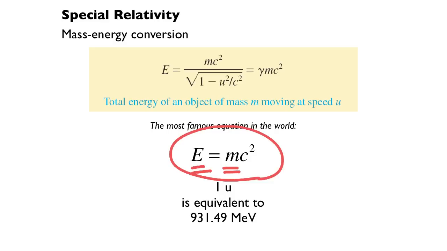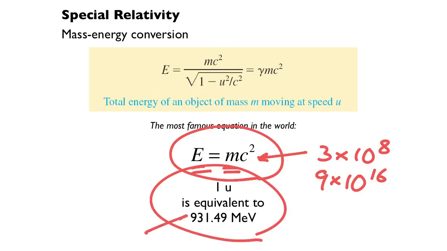Because the amount of mass that corresponds to energy, it's a lot of energy for a small amount of mass because you multiply it by c squared. And c is the speed of light, which is 3 times 10 to the 8th meters per second. So you're multiplying it by 9 times 10 to the 16th. So a small amount of mass lost corresponds to a huge amount of energy. Now, if we take 1 atomic mass unit of mass and we convert it directly to energy, 1 atomic mass unit gives us 931.49 mega electron volts. That's a value that we'll use frequently in the calculations to come.